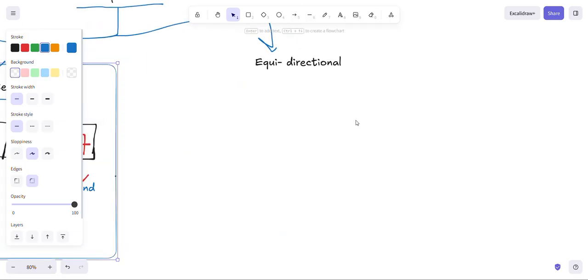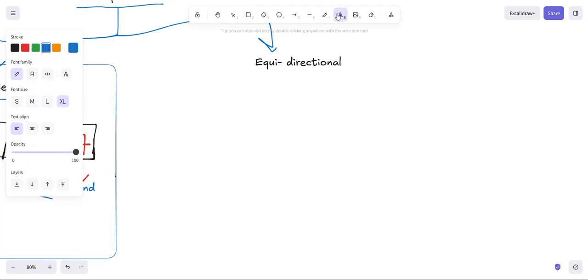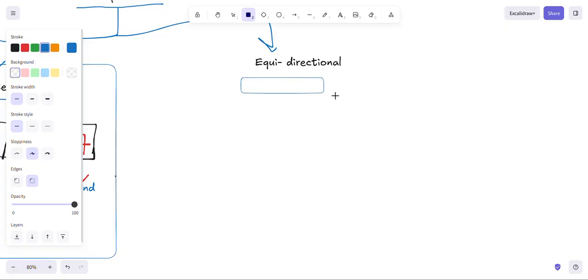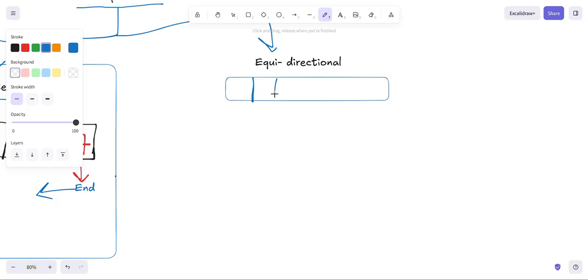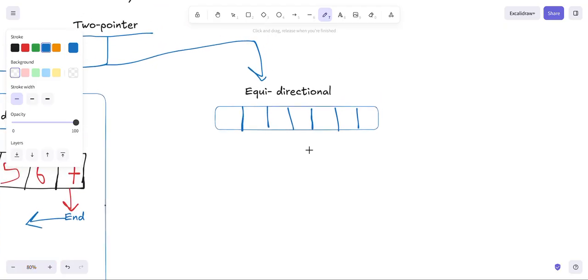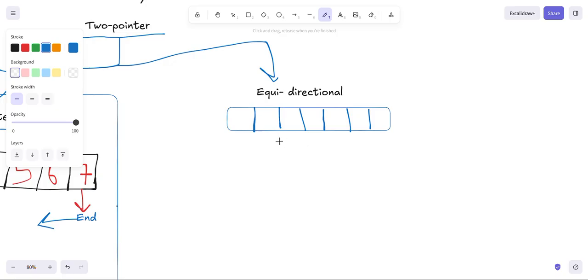Now let's talk about equidirectional. About equidirectional, let's make an array. Just suppose this is an array and here are some elements. Just focus on what I'm saying, not on how I'm writing, because I'm using a laptop cursor, so it's difficult to write, but I'm managing. Suppose here are also elements 2, 3, 4, 5, 6, 7,